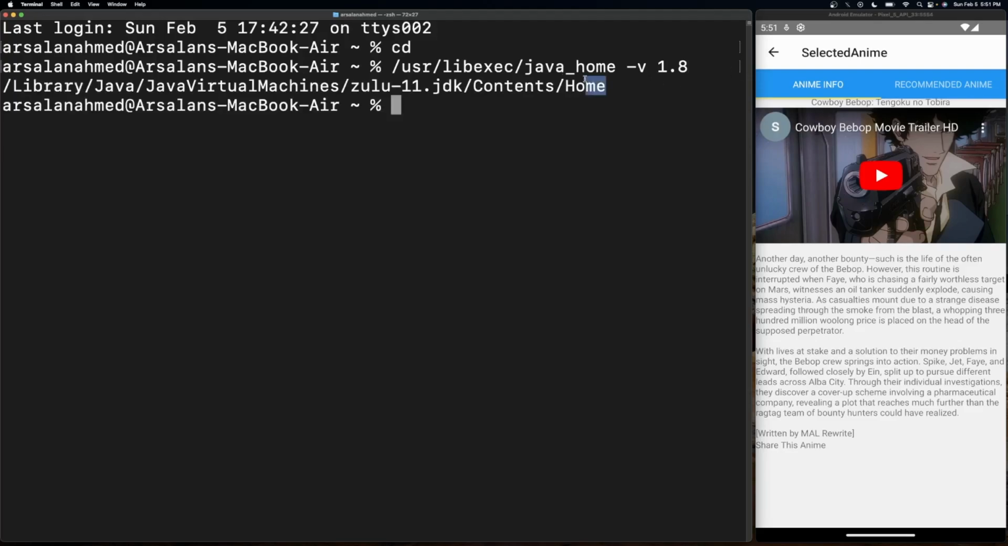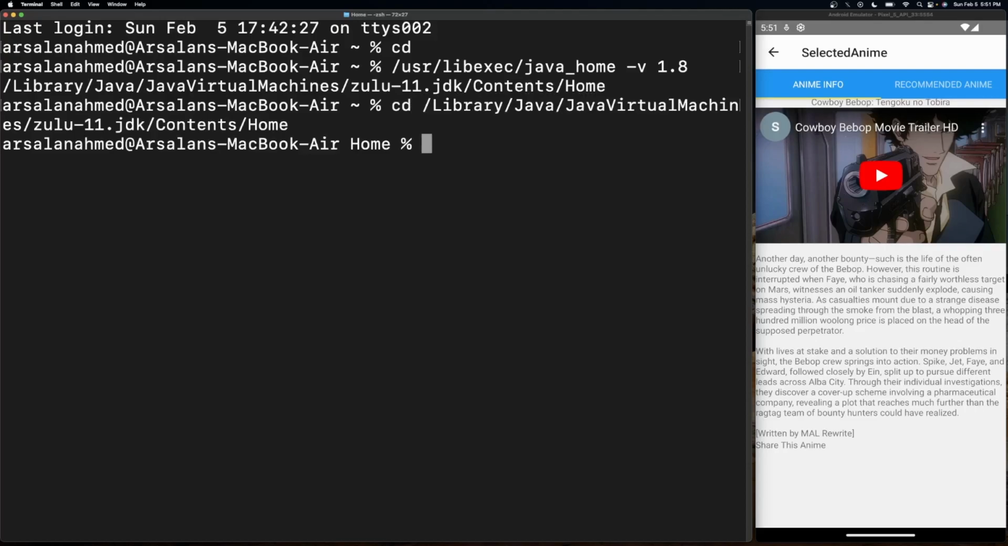And then it spits out this directory right here. This is where we are going to be going to create our key store file. So what I'm going to do is cd and paste that and go in there. Perfect. So now that we've done that, inside of this directory, we need to copy and paste a certain snippet of code